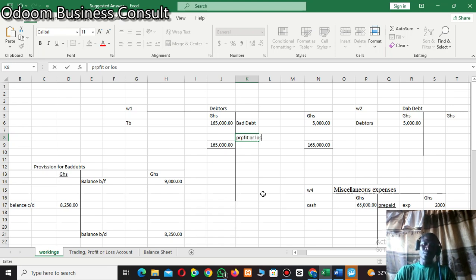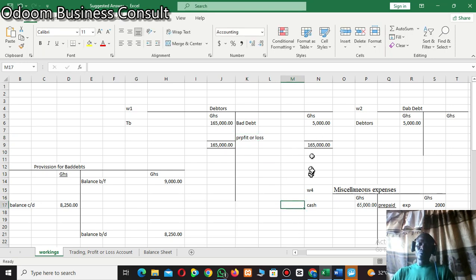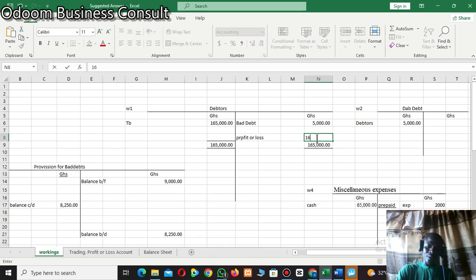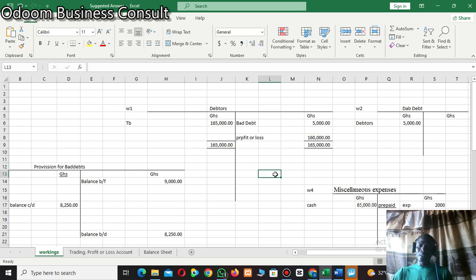Okay, that will be the difference. What will be the difference? So here the total is 165,000, but you have only 5,000 here. So for you to get the difference, you take the smaller amount from the total. So you have 165,000 minus 5,000. Okay, so you are getting a difference of 160,000. So 160,000 will be taken to the profit and loss account for